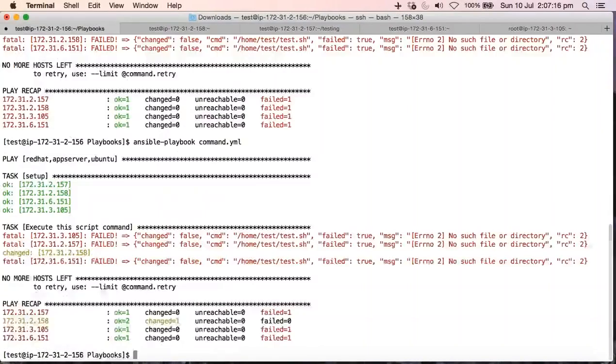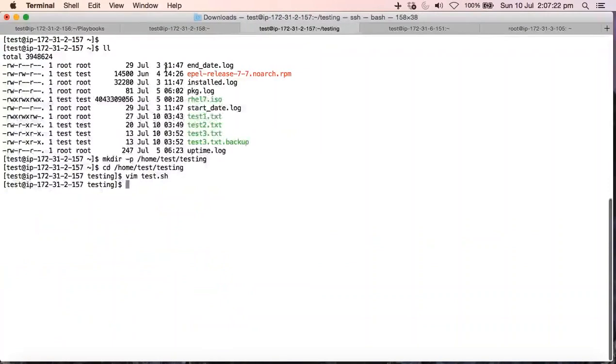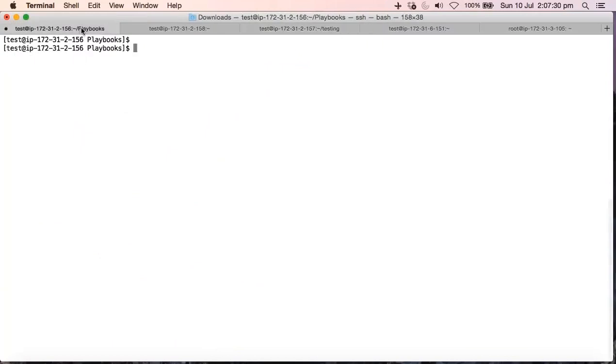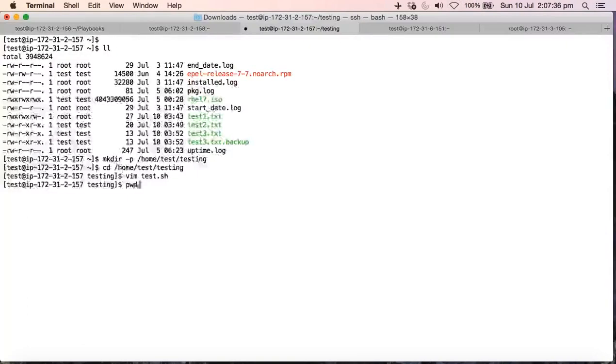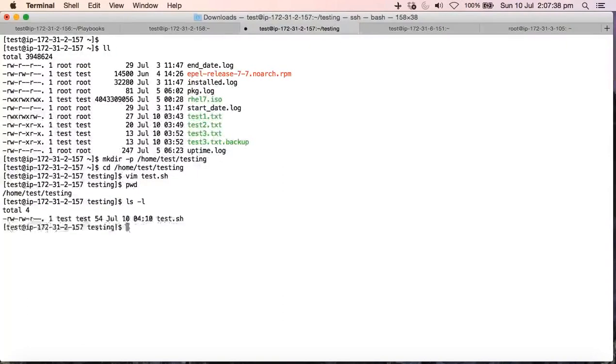So I need to do the same thing if I want to run a command at the destination host. Imagine an infrastructure where there are almost 100 to 150 commands, and you don't want to log into each server, but you need to execute those commands or scripts. How do we do that? This is one example. We can just put the scripts in this YAML file in the form of commands and execute. So what I'm going to do now is